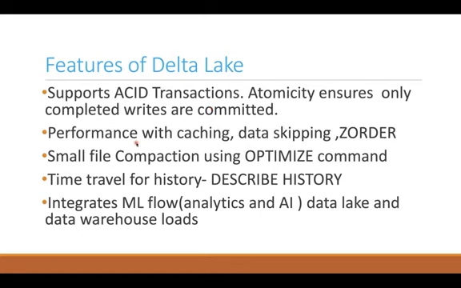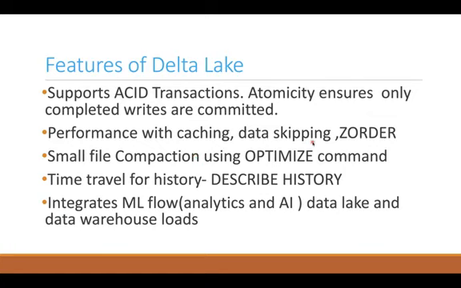Similarly, we can improve the performance with caching. Databricks Delta Lake caches the data on the local node instead of the remote node, which will boost the performance in the case of read queries. Similarly, it provides various optimization algorithms like data skipping, Z-order, or compaction, which will help to boost the performance for read queries on top of the Delta table.